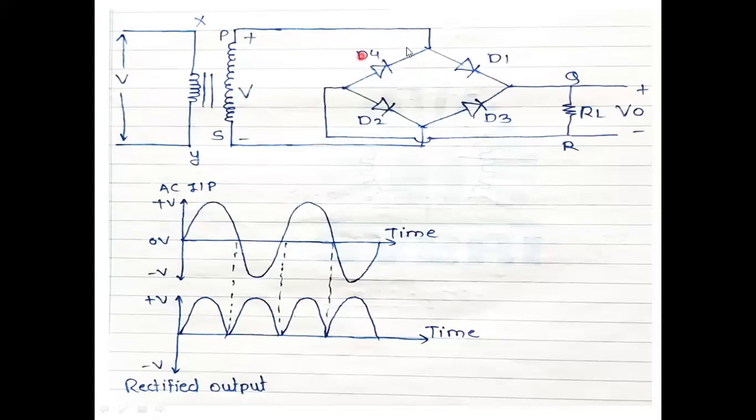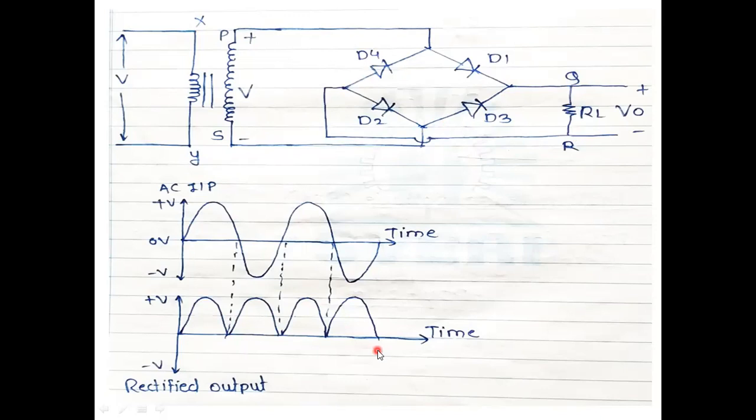For the positive half cycle, it will connect through D1 and go to the load resistance RL, and it will go back here, where it is already blocked. It will come to D2 and go towards the negative part. For the negative half cycle, it will go like this through the load resistance and then go like this. This is the neutral, negative part. So for the positive half cycle we get the positive half cycle output, and for the negative half cycle also we get the positive half cycle output.